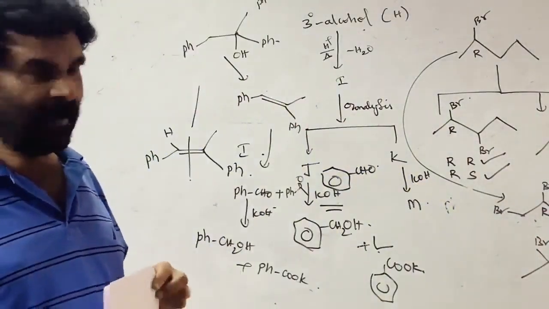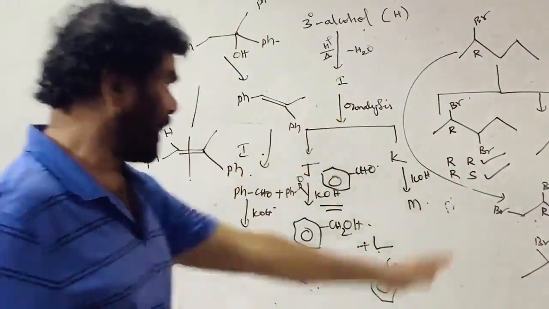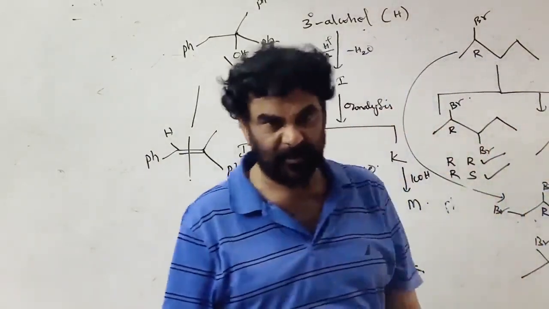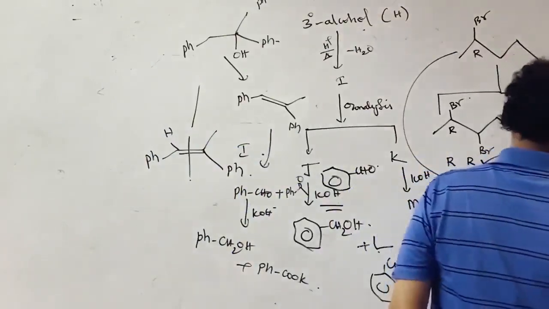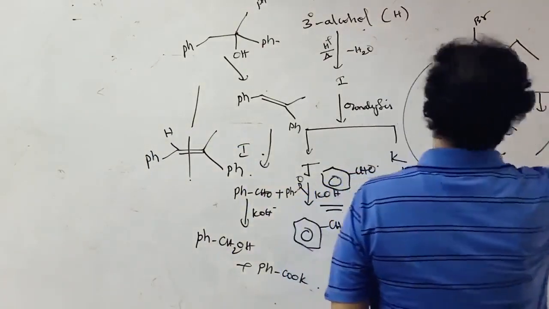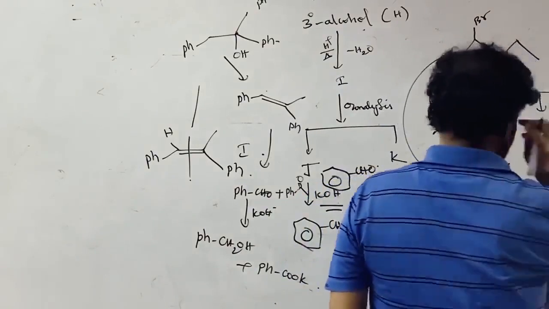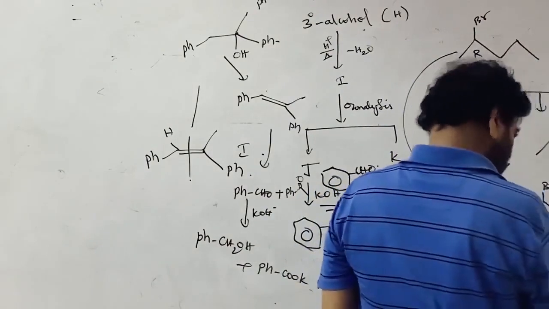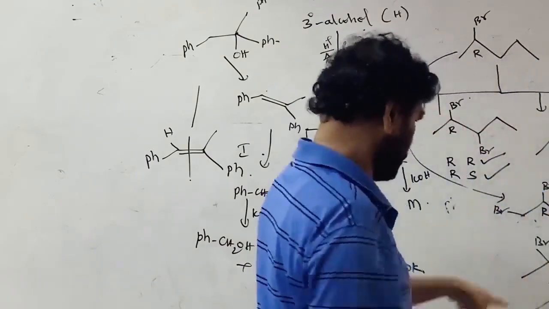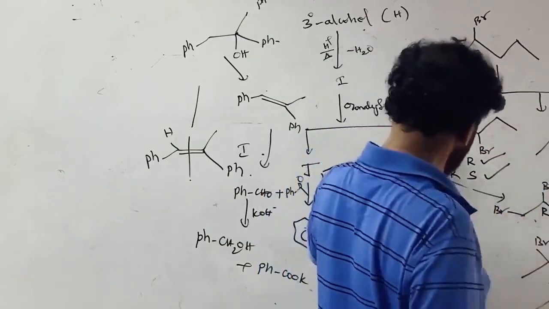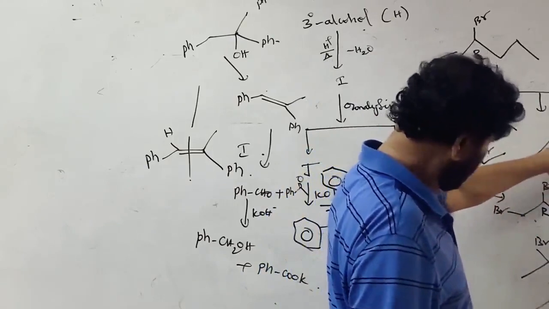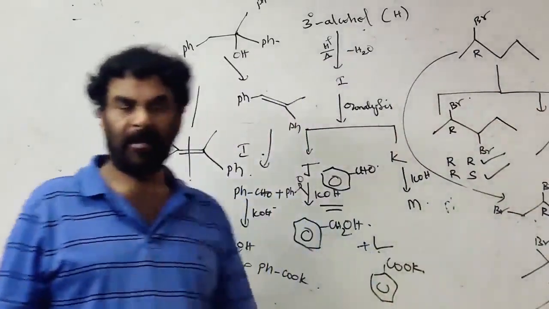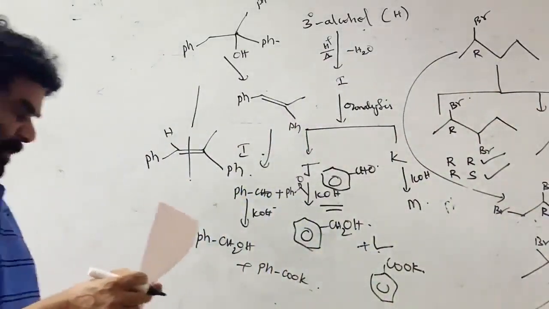RS form: the S is the mirror image of R. There is a plane of symmetry. So this is not a chiral molecule. There are two chiral centers, a meso compound. This is meso. This is the optically active one. Only one is possible, and this is only one possible. R form. This is not a chiral form. So no chiral center at all. See how many there are? 2, 3. This is not chiral. This is 4. This is 5. This is not the chiral molecule. Total 5 are possible.